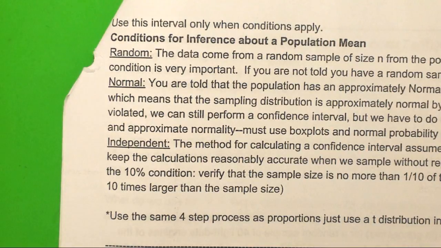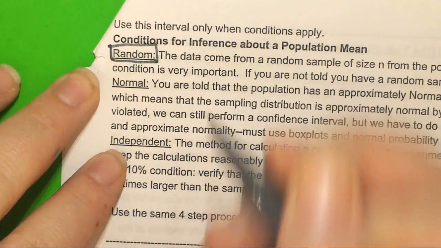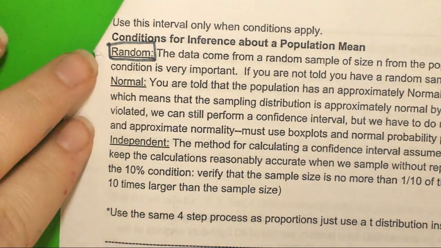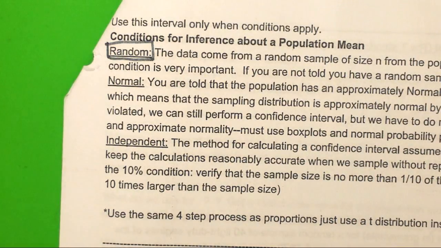So we've got to do random, and so on. You already know how to do that one. You want to read the words, you can. Data come from a random sample of size n from the population. Speaking of random, independent, and normal,